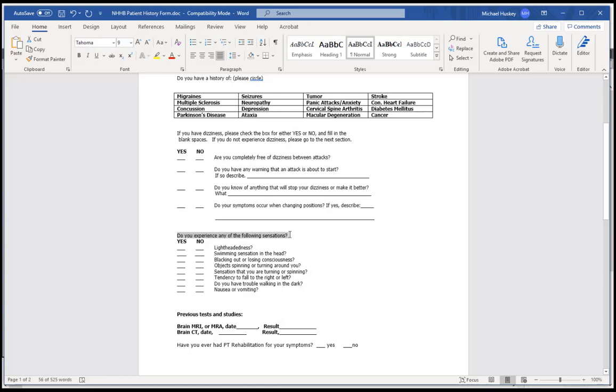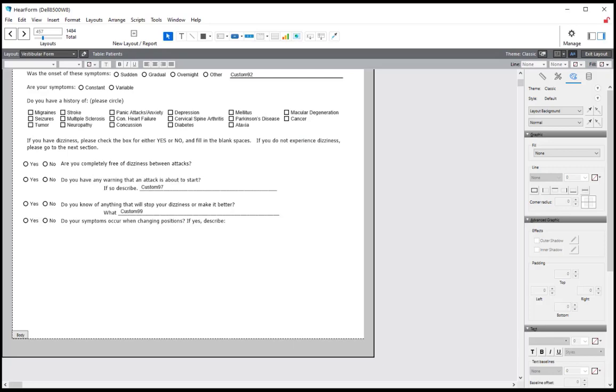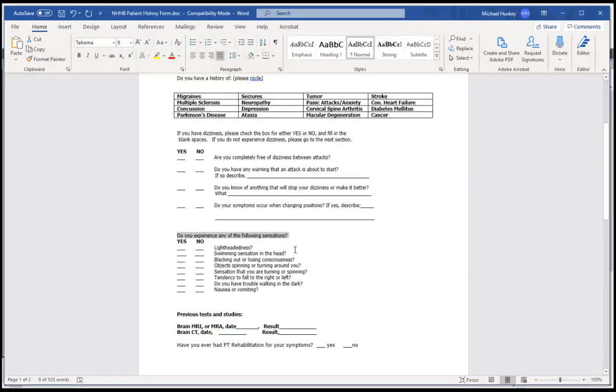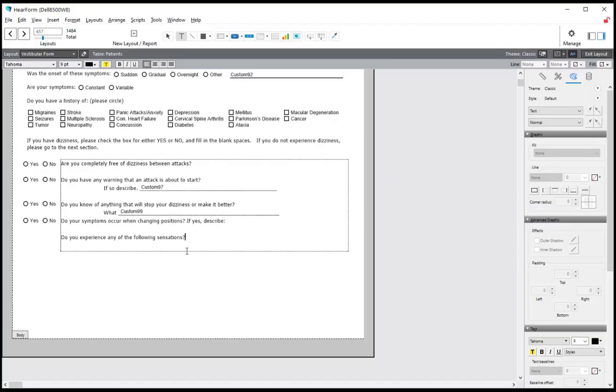Do you have any experience, do you experience any of the following here? So let's go ahead and add that first. And I'm going to use this same text block, I believe, but give it some space here. And then come back here. Back on the Word document itself, I'm going to copy this right here, and we're going to get rid of those lines in just a moment. So let's go ahead and paste those in,